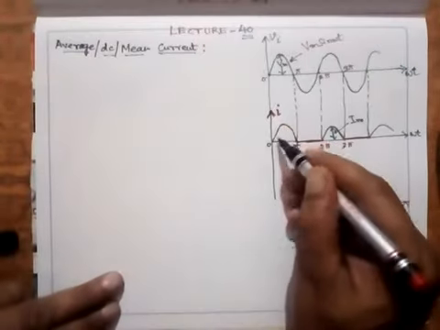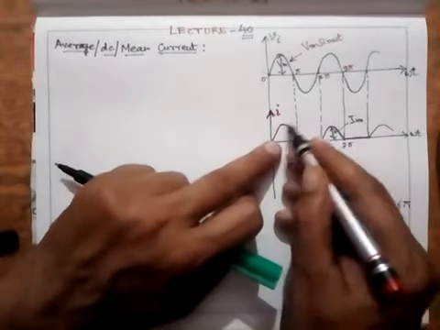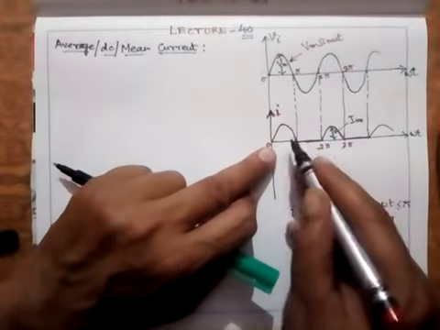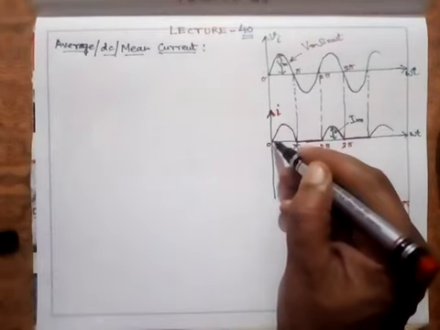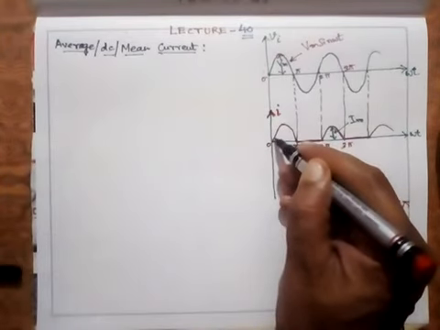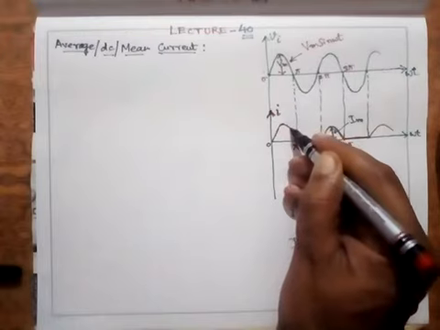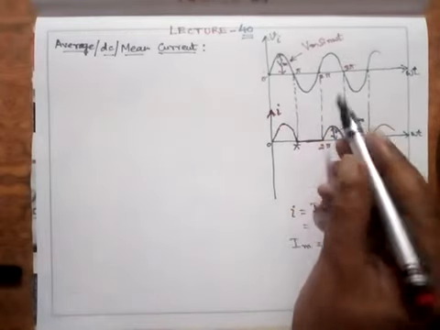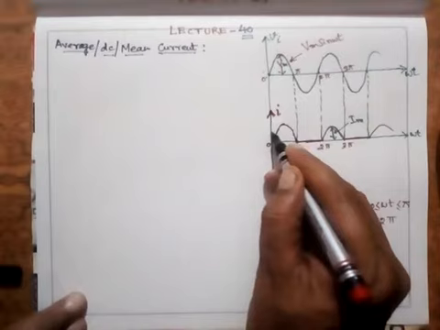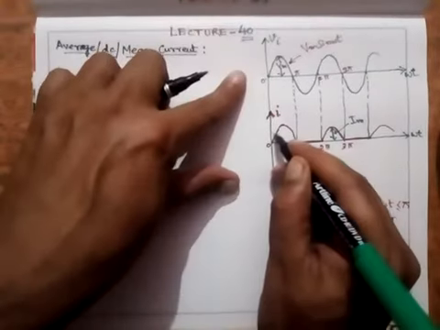But if you see the output of this rectifier, it is a pulsating one. So this is not a pure DC, it is a pulsating DC. But we say let's find some average value of this. Say at this point it is 0 volt, this is 1 volt, 2 volt, 3, 4, 5. Suppose this maximum is 10, and so on. So we are interested in some average value, or the DC value, of this.